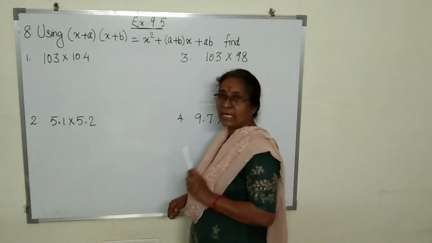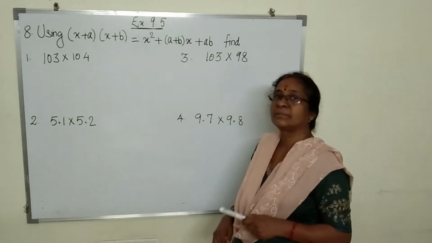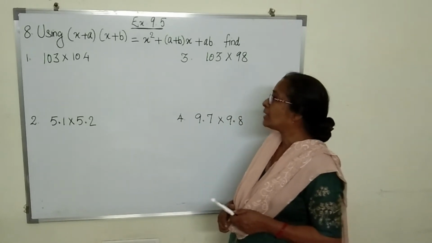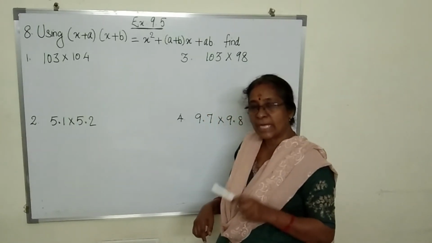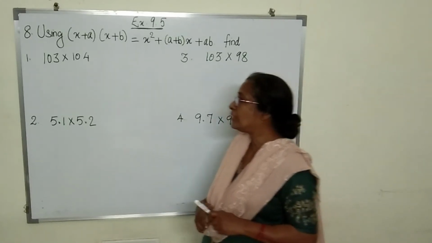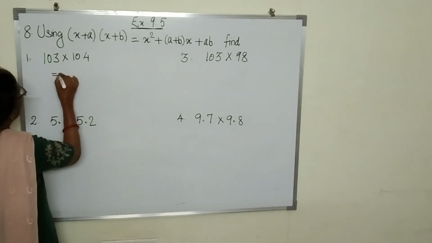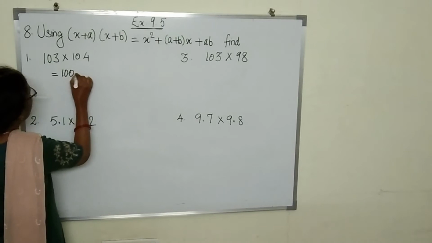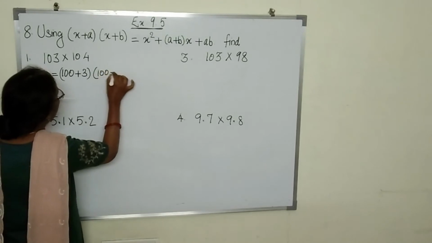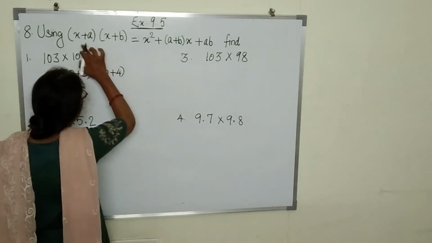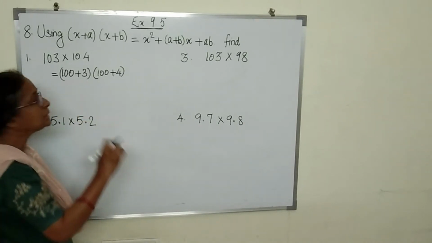Now we have to decide x as 100. See children, if you use zero ending numbers as x, then the multiplication will be easy. And try to write a and b as one digit numbers, so that multiplication also will be easy for you. So here 103 can be written as (100 + 3) into (100 + 4). So in place of x we have 100, in place of a we have 3 and